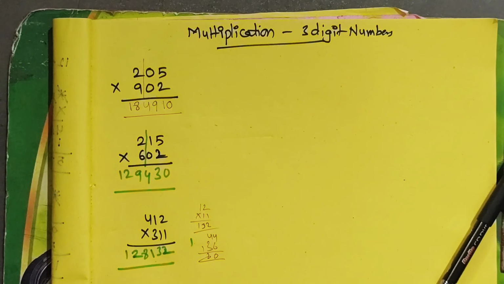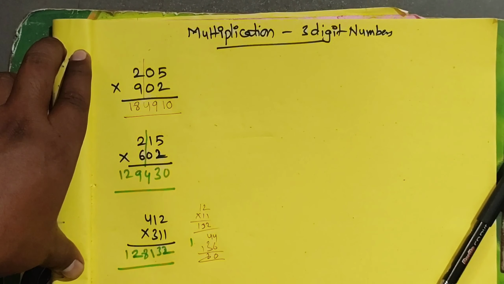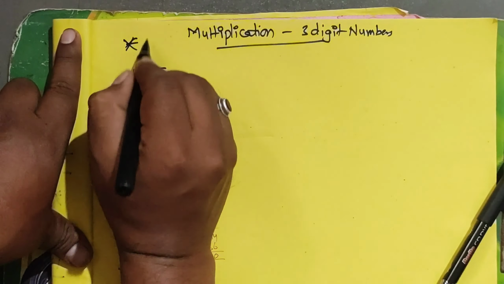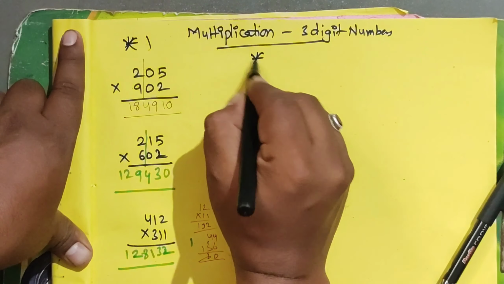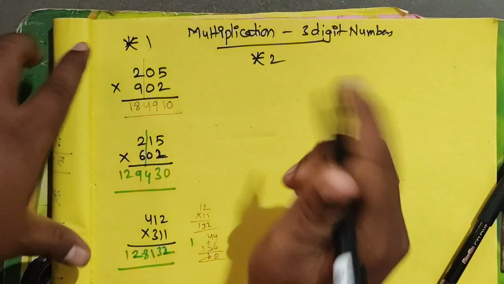So we go for method 2. When you have numbers in the 90s, I will give an example. This was method 1. So this is method 2. That is, when you have the numbers in the 90s, for example, I will take one here.